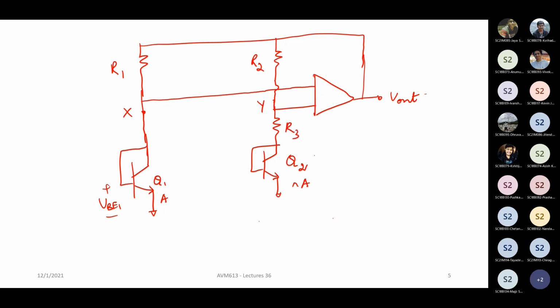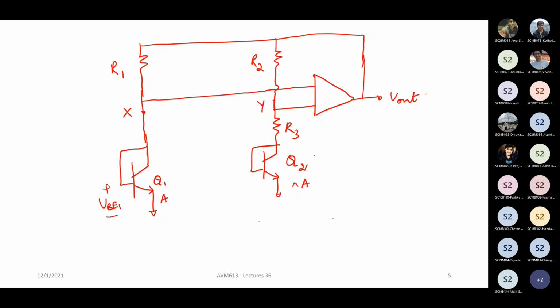Now what is important here is to make sure that this feedback loop is working as a negative feedback loop, right? That is to say that you have connected this op amp with a certain polarity such that it is going to correct in the way in which you want it to correct. That is, it has to converge. It should not be a positive feedback loop. Now, how do you ensure that?